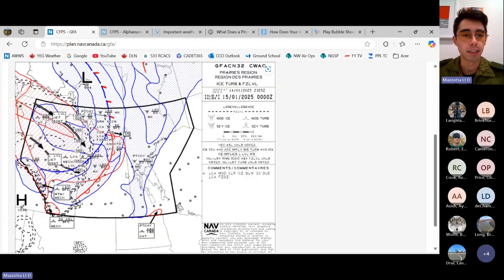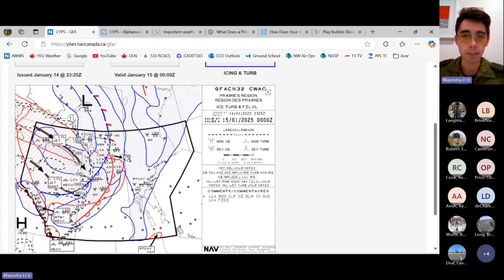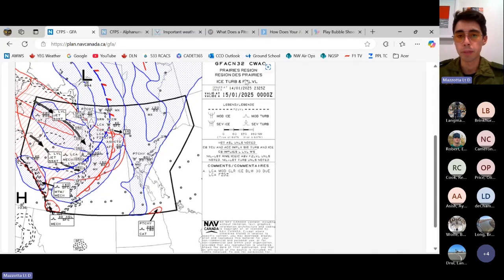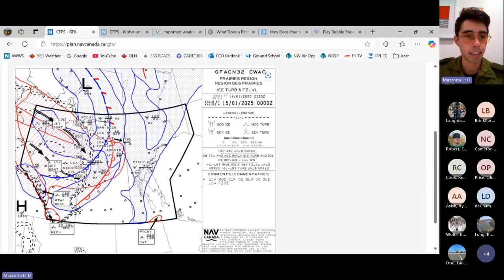So now you can see there's also a whole lot of stuff going on here. The title box works the same. The legend box, the big difference here is that this shows you the intensity of the icing and the turbulence. So yeah, you can see moderate icing and severe icing, and then moderate turbulence, severe turbulence. And then a lot of stuff going on again with those fronts that are associated and moving on